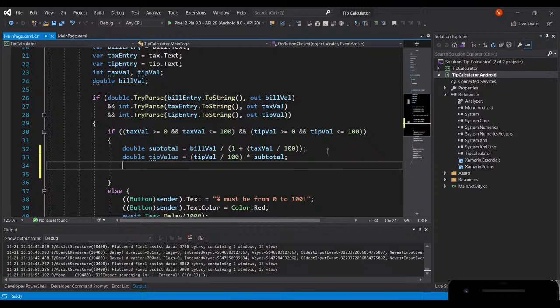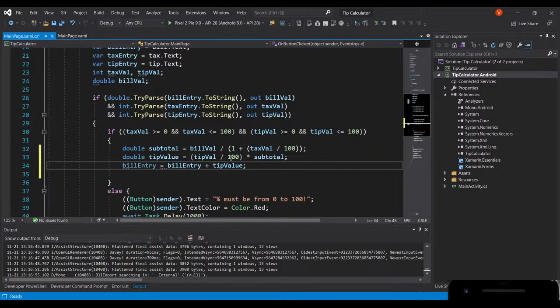Wait. Bill entry. Okay, bill entry equals bill entry plus tip value. So what I'm thinking is, since tip is applied before tax, our bill entry is with tax, and our subtotal, we did that complicated equation to get rid of the tax so that we find the tip value from the subtotal. But since we have the bill entry already set equal to that, all we have to do is,